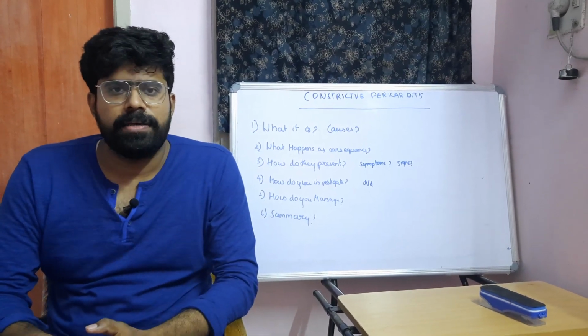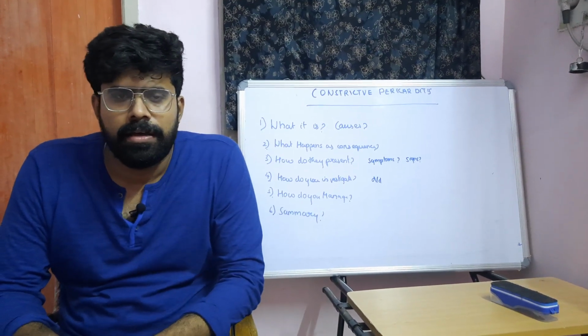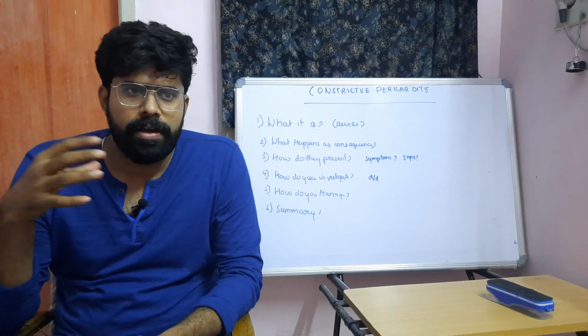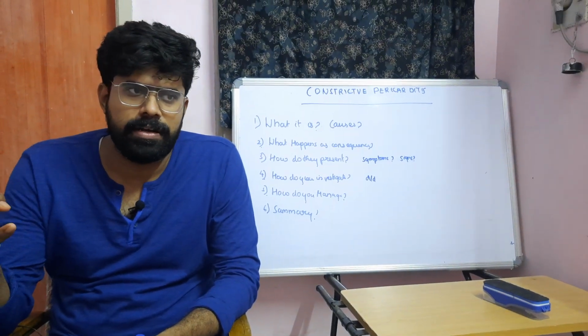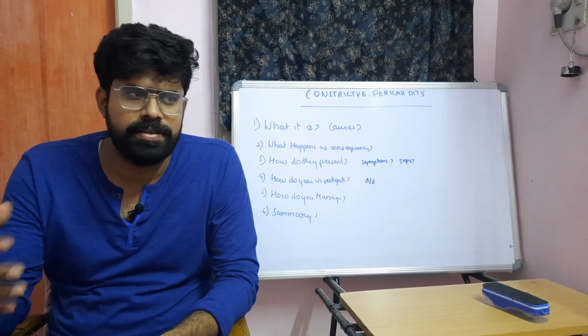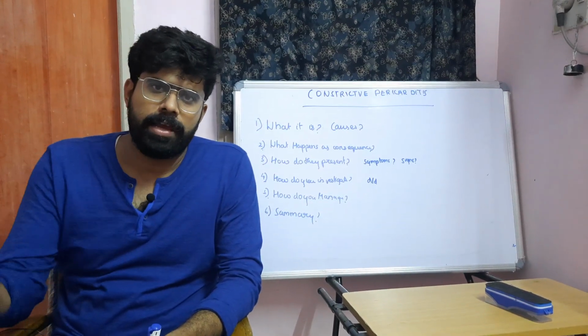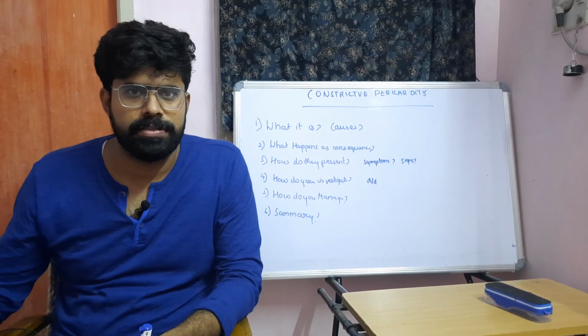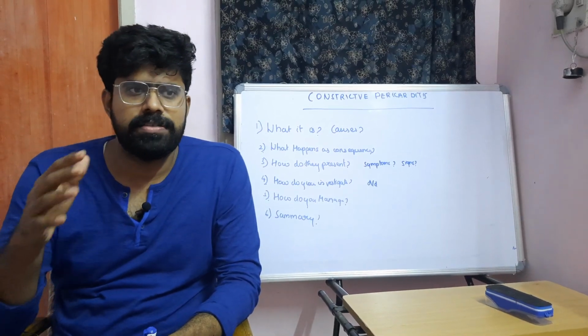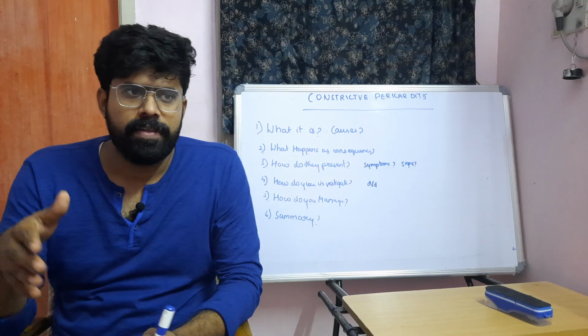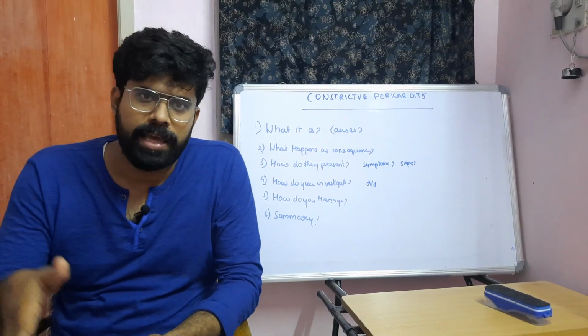Constrictive pericarditis is basically a disease of sequelae. It occurs following an acute fibrinous pericarditis, an acute pseudofibrinous pericarditis, or a chronic pericardial effusion. All these conditions, over a period of time, will develop into constrictive pericarditis. What happens is that once these effusions get resolved, there will be obliteration of the pericardial cavity by